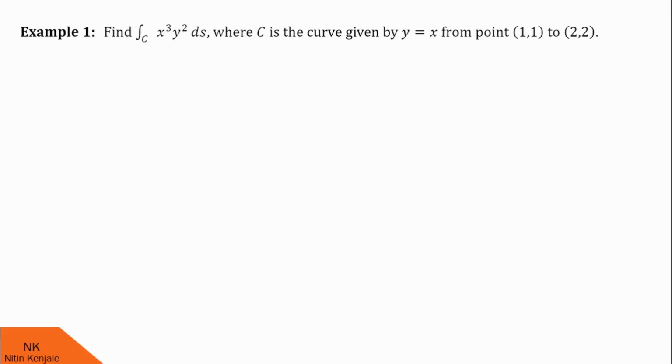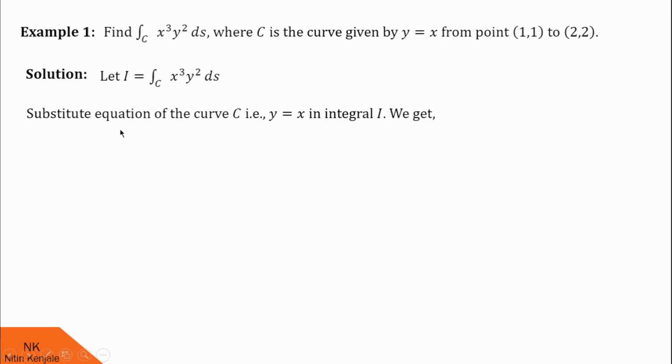In this first example, we are asked to find integration of x cube y square ds along C, where C is the curve given by y is equal to x from point (1, 1) to (2, 2). Let us proceed for solution. First we label this integration some name, say I. Then we substitute the equation of the curve C given by y is equal to x in this integral I. We get I is equal to integration of x cube, and instead of y square, now I'll write x square